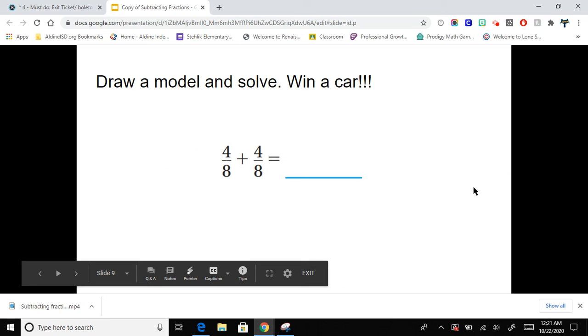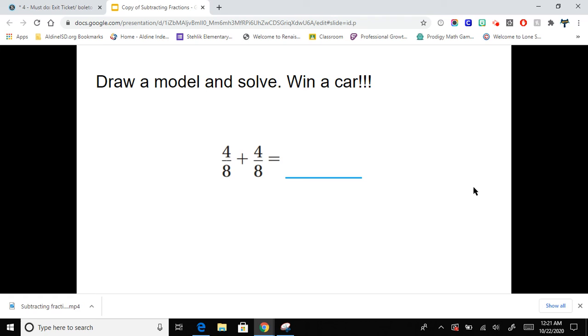Finally, if you solve this one here, you win a car. But boys and girls, I'm going to stop right there because I want you to solve this one. And if you get to solve this one, I will post the car that you win on the